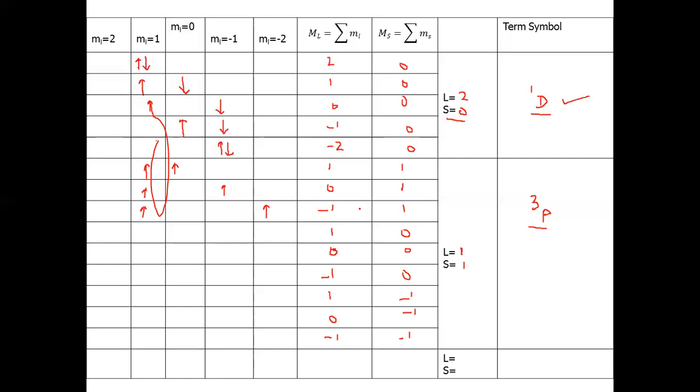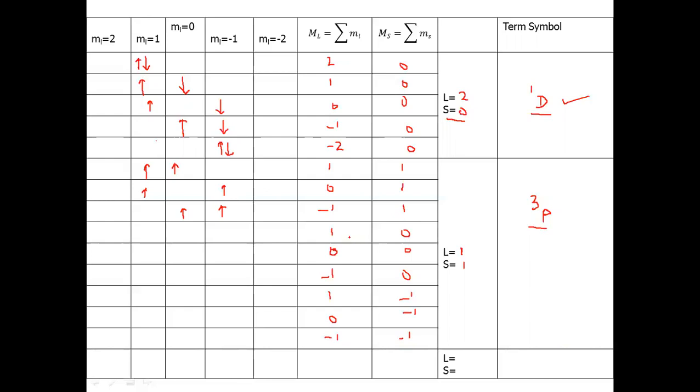Next we need 0. Now we have to be very careful that we should not repeat any microstate. This microstate we have already written, so we cannot write it again. That is the mistake that one can commit while writing the microstates. That's why I deliberately did this. So you have to be very careful that no microstate is repeated. Now we need values for minus 1. So this is a state we have not written. 0, minus 1. So it is 0 minus 1, minus 1, and the spin is the same, so half plus half is 1. So this state is possible for ML minus 1, MS 1.